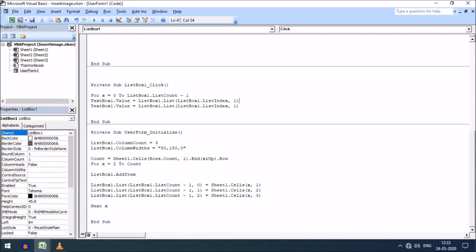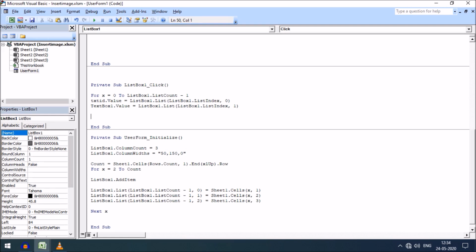So just copy this here. txtID.Value, that will be the first column of the list box, and the name, that is the second column of the list box, will be displayed in TextBox1.Value, that means our name of the image section. And for the image control, Image2.Picture will be LoadPicture,